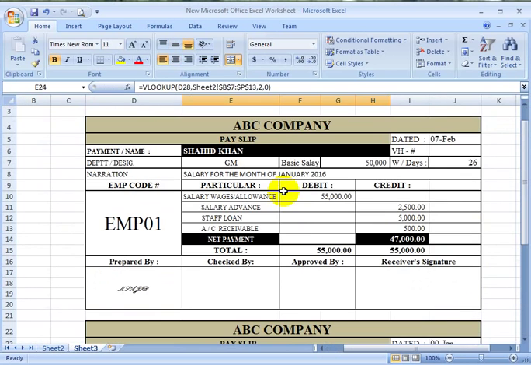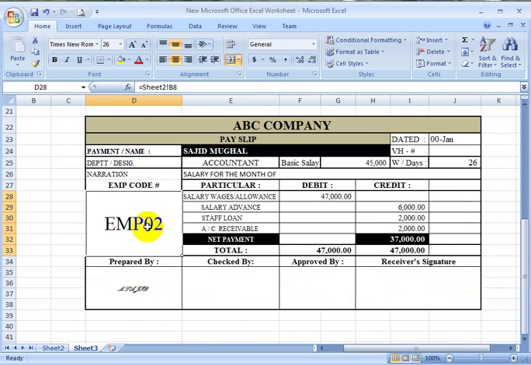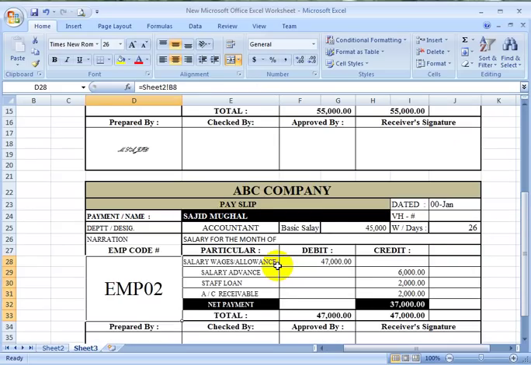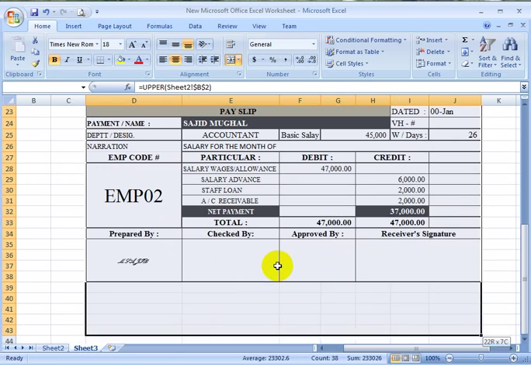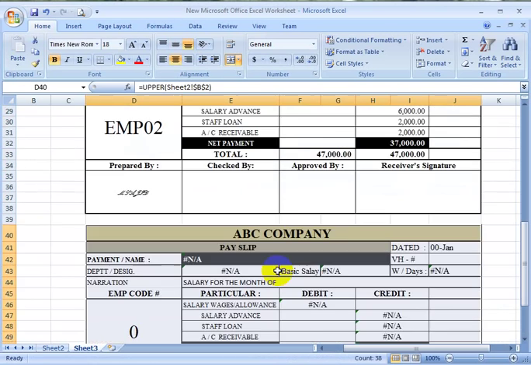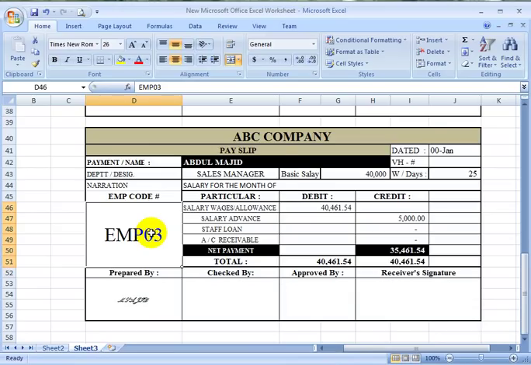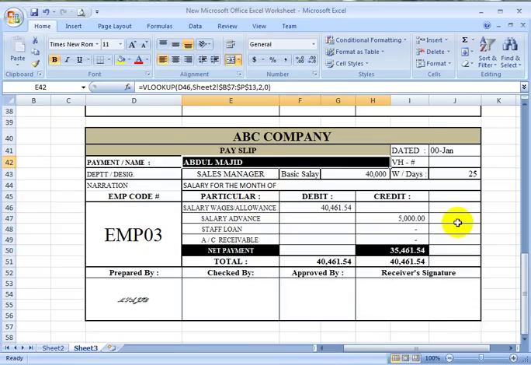Data of employee name Shahid Khan is available. Employee 2, Sajid Mughal. Data is available. You can copy this for other employees and just paste it here. And employee number 3. That's working well.